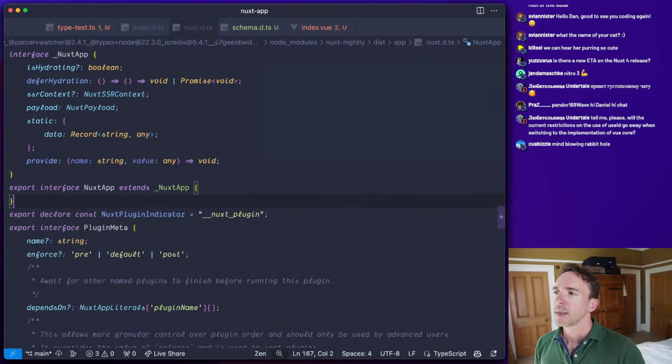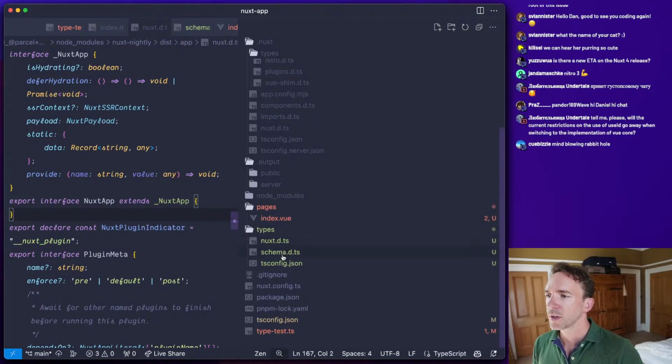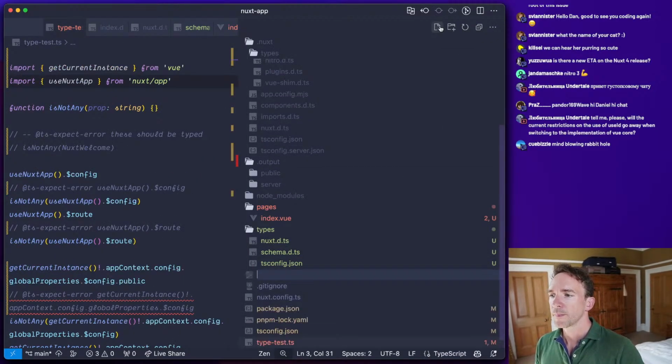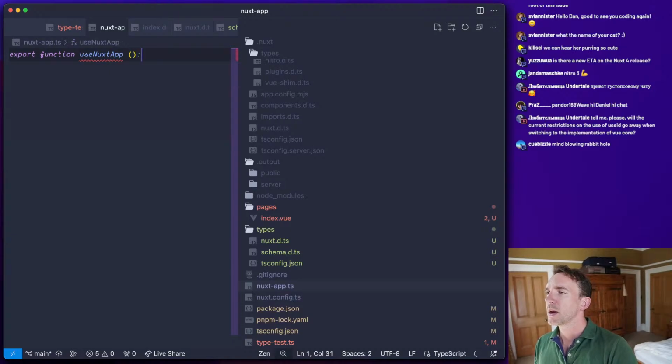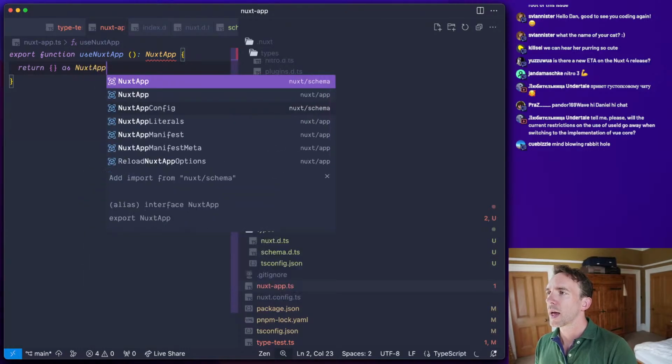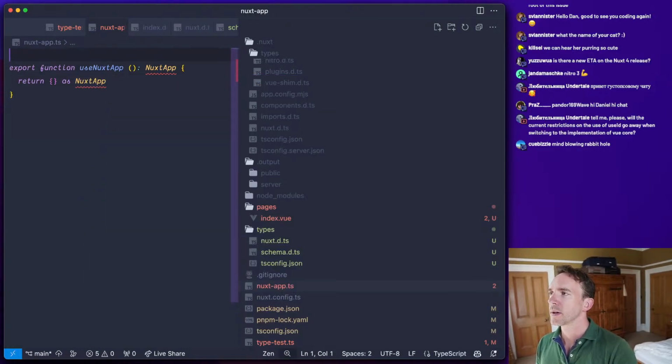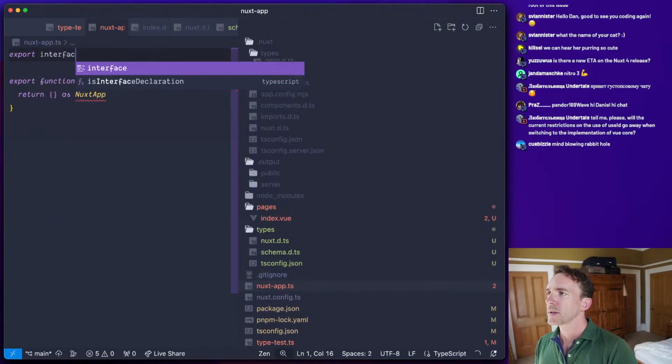So let's say we have a function here, and we export a function useNuxtApp, and it returns NuxtApp. And NuxtApp is export interface NuxtApp,